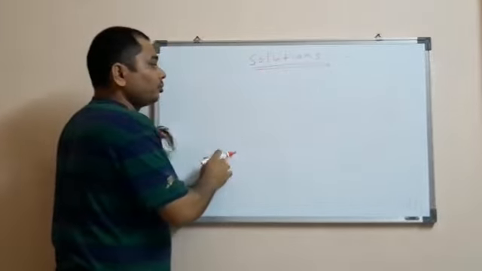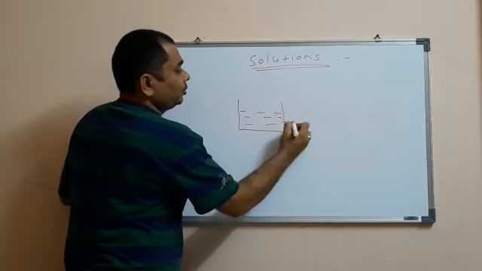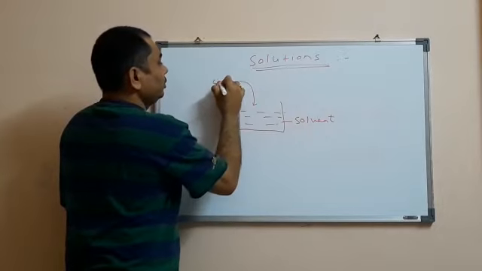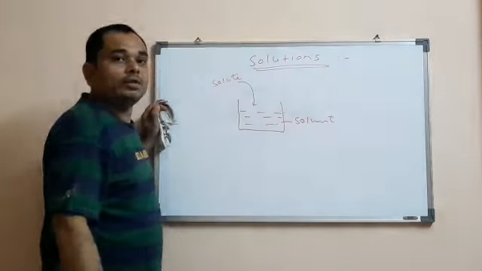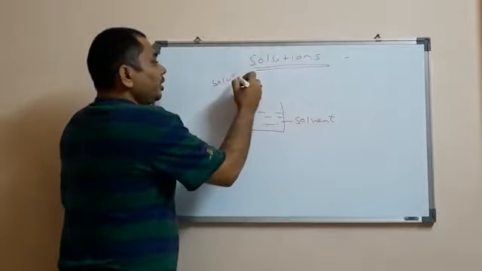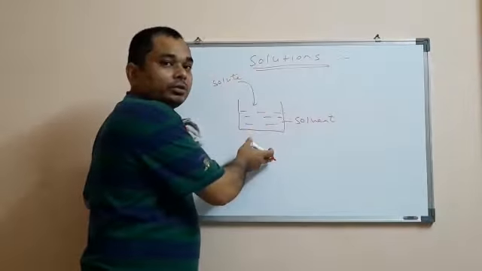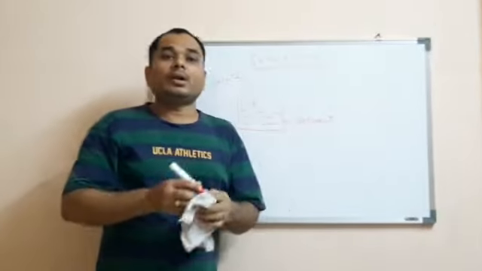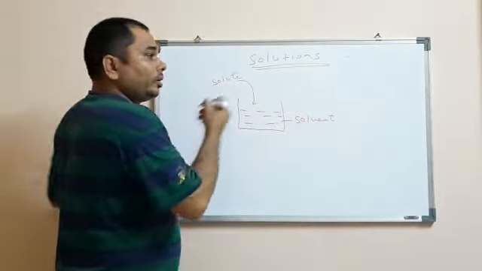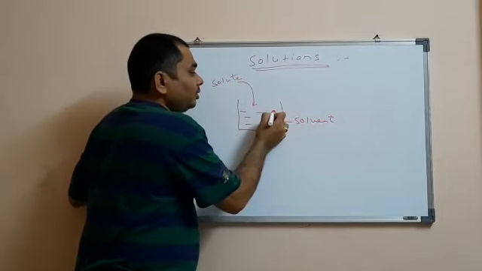What happens when we prepare a solution? We take the solvent, and then we go on adding the solute to it. Initially, when a very small amount of solute is added, it easily dissolves into the solvent. We again add some more solute, and it also undergoes dissolution. If we go on carrying out this process, there is a point at which there is a dynamic equilibrium with the solute crystals.